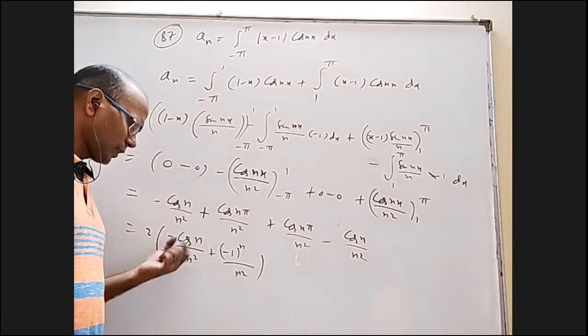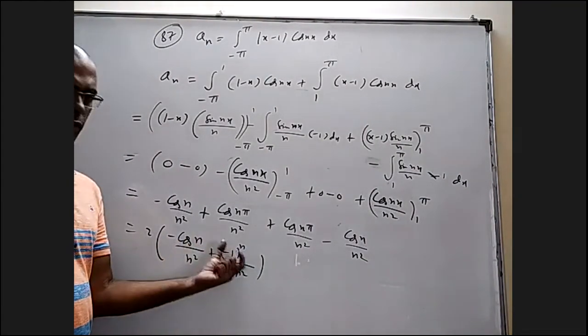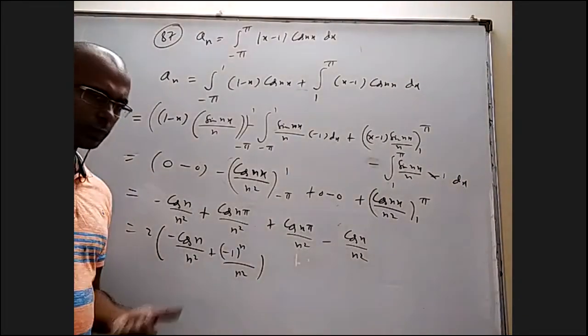Whatever n you take, this is only a number between minus 1 to 1, but the denominator is becoming infinity. It's also either plus 1 or minus 1, and this is infinity. So this limit is 0, this limit is 0. Their sum also has limit 0.